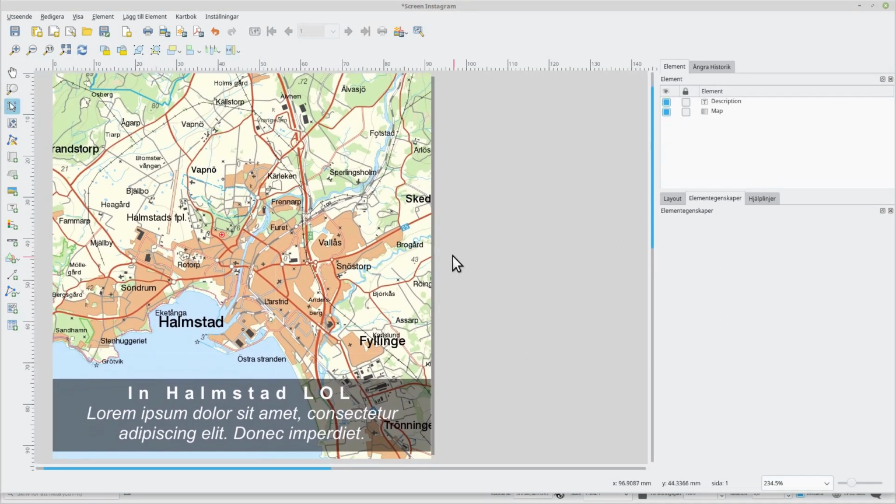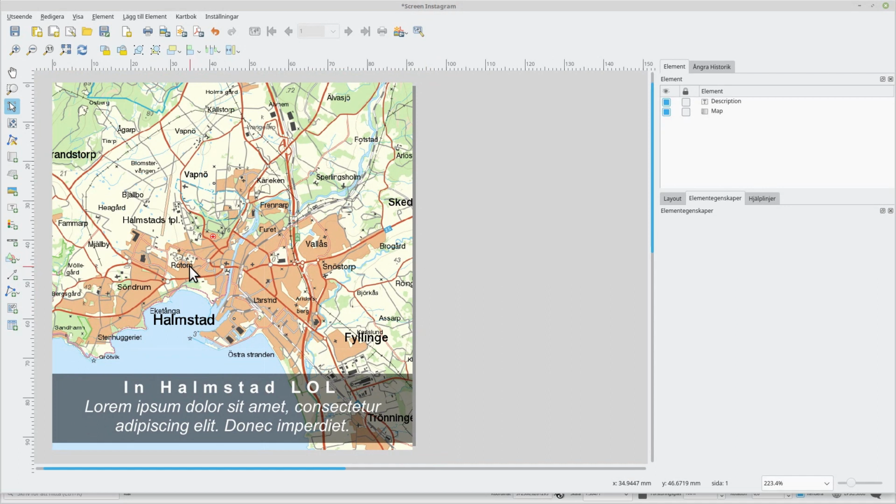So any comments? Is this something that is wanted in QGIS? Do you have any ideas how to expand on this? If you are a developer and want to work on it, I can get you a link to the code,